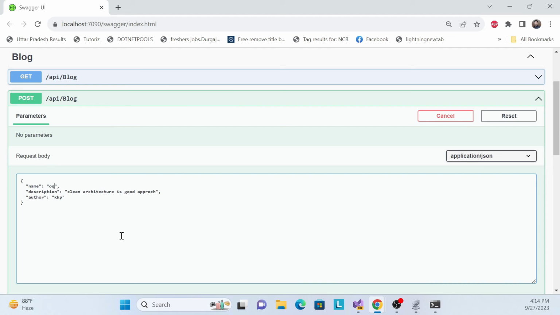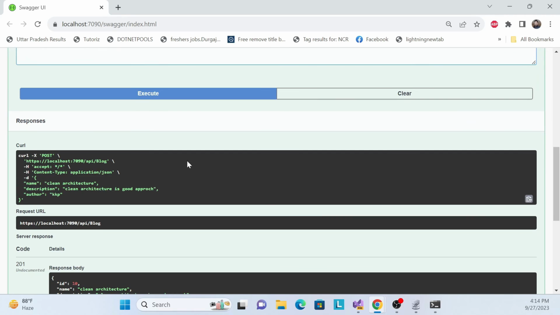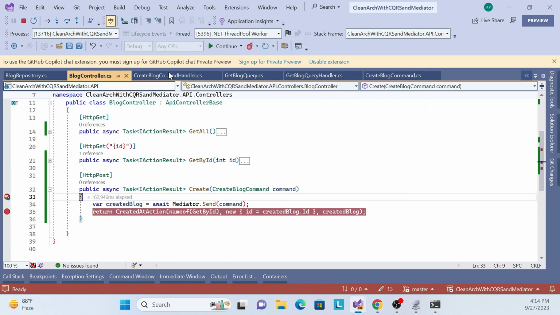Octans. Actually, it is a new framework. So Octans is a good UI framework. That's it. I think that is sufficient. Okay,